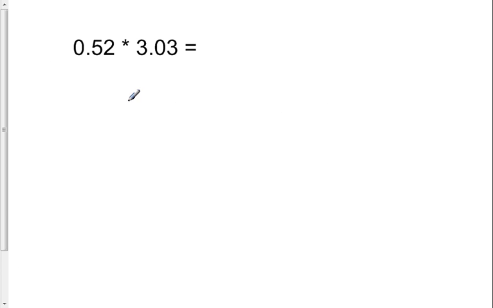Another example, 0 and 52 hundredths times 3 and 3 hundredths. Estimating, 0.52 is close to 5 tenths, which is 1/2, times 3. Half of 3 is 1.5. So my estimate would suggest that my answer should be about 1.5. Now I'm multiplying the whole numbers without the decimal place,